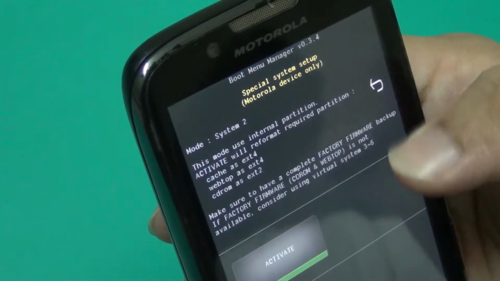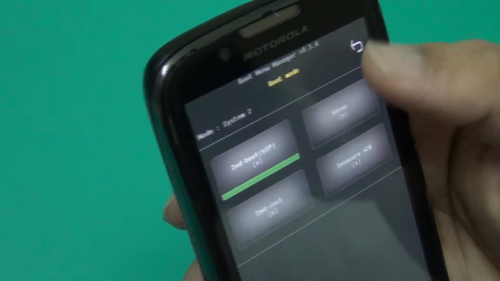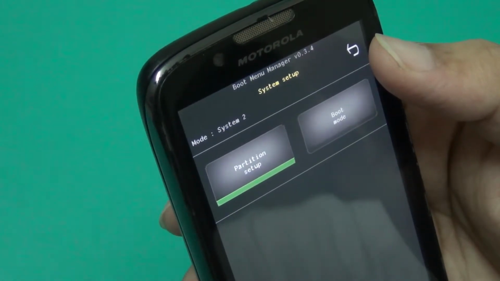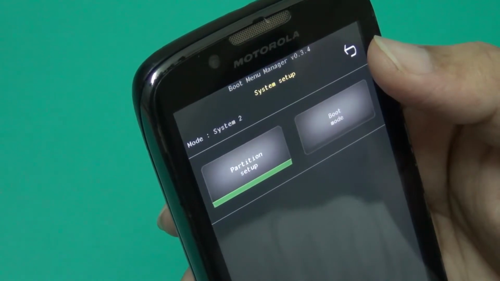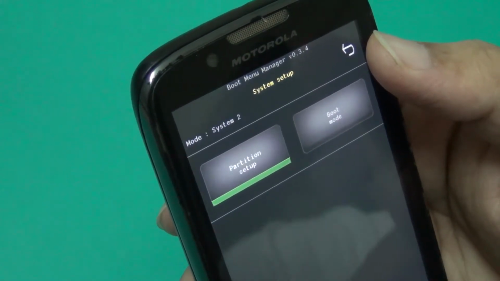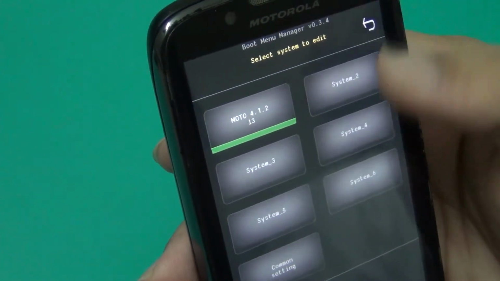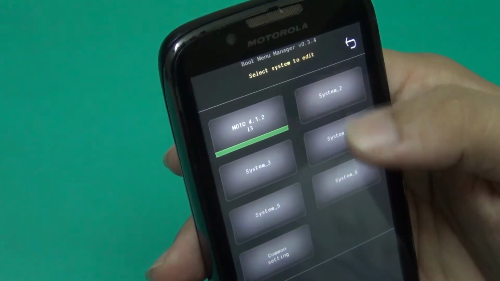So you just have to check whether partition setup is activated or not. If it is activated, then no problem. You don't have to change anything else. You cannot install any ROM or anything on system 2. It is a 1 MB or 2 MB partition, so it is essential to activate the partitions.